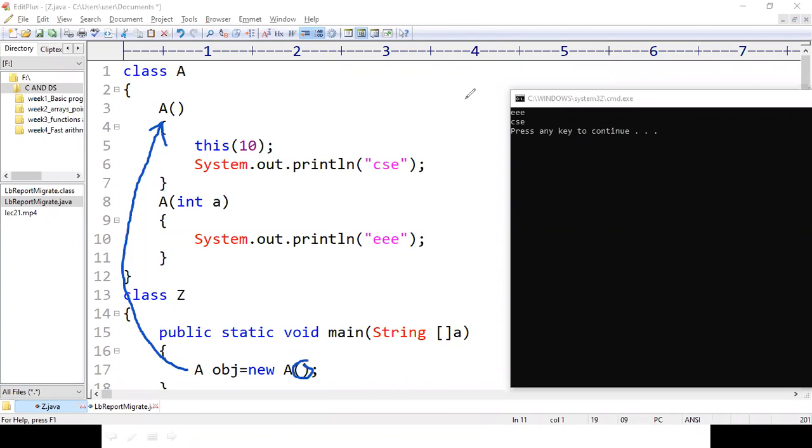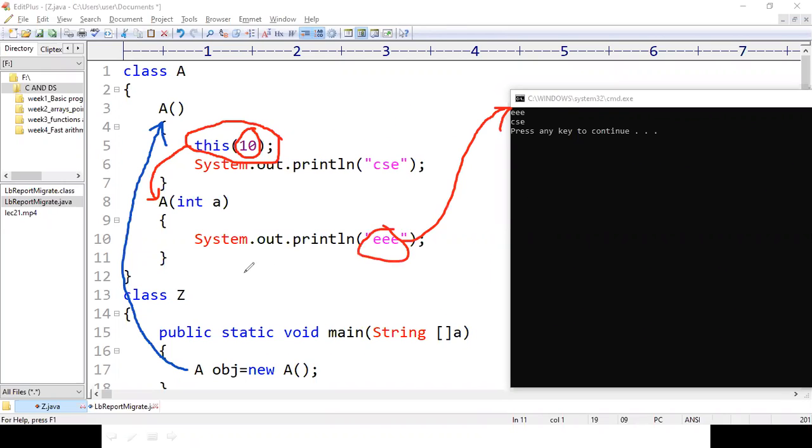Whenever this constructor with 0 parameters starts executing, the first statement inside it is this of 10, which means we want the compiler to execute one more constructor present in this class, which takes one integer value as a parameter, that is A of int a. If this is executed, then triply is going to be printed on the output screen.